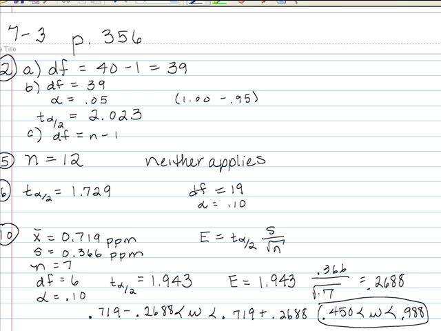Okay, let's move on to number 16. This is an insomnia treatment. A clinical trial was conducted to test the effectiveness of the drug